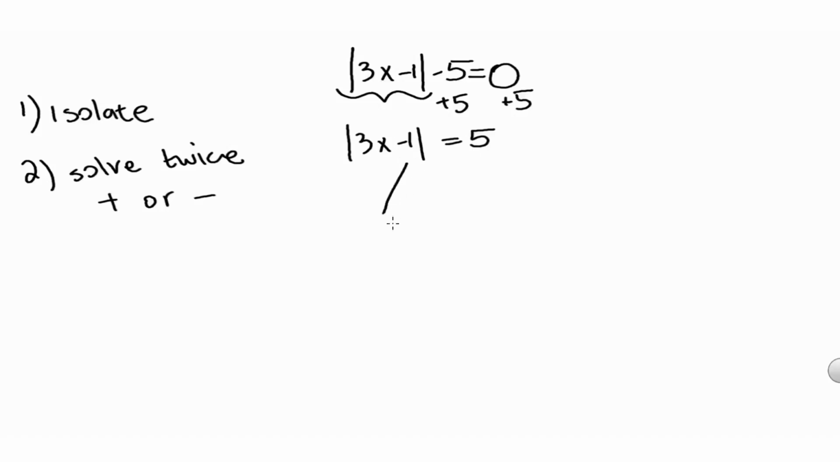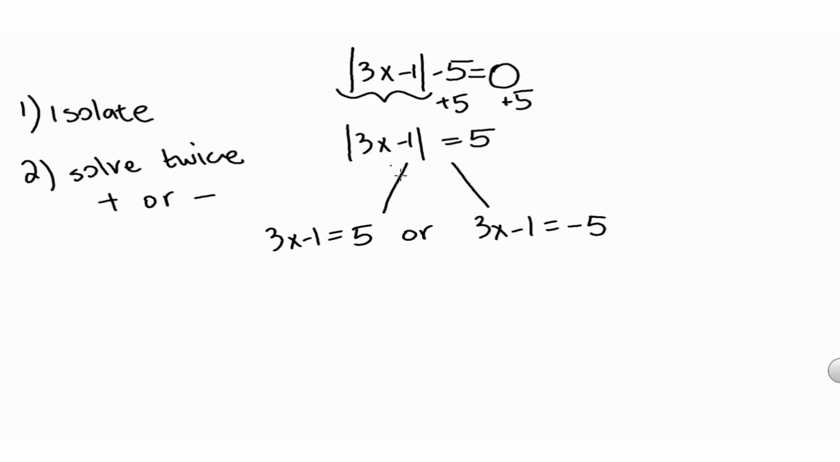What I mean is 3x - 1, take it out of the absolute value, can equal 5, or 3x - 1 can equal -5. Why? Because whether I put 5 or -5 in my original equation, I am still going to get a positive 5 out of it. So I have to make sure that both of my solutions represent the positive and negative numbers that go inside